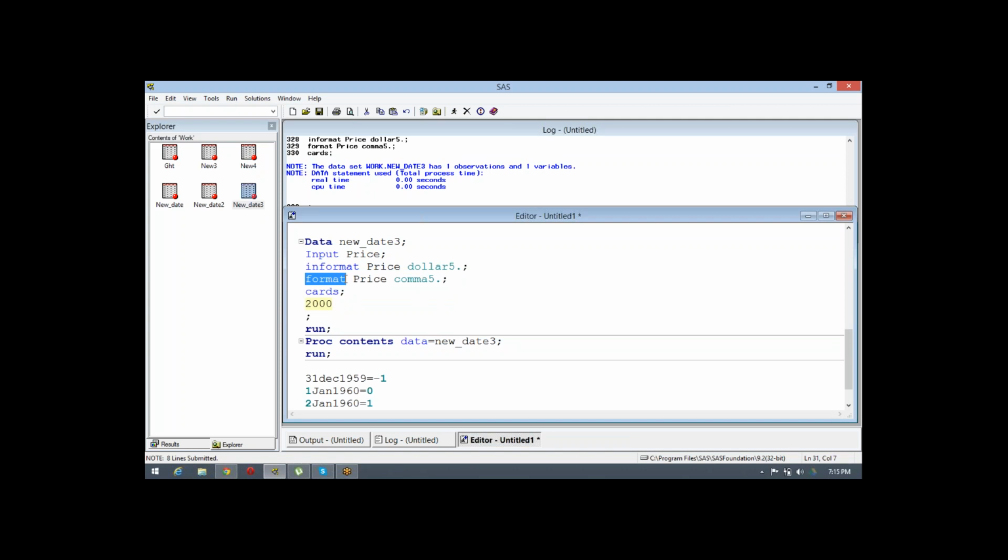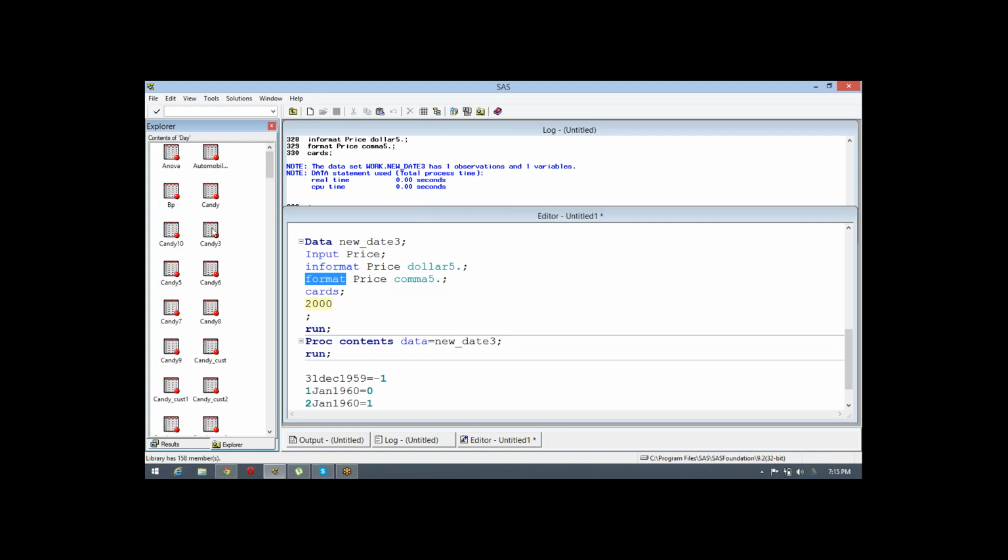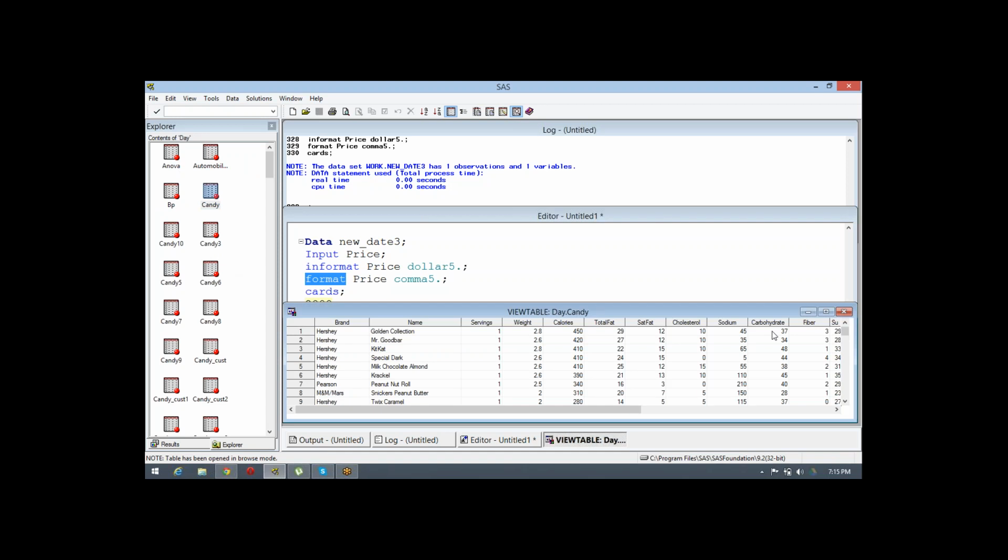Let's suppose you want to make your data into intervals. Say you have a data set called candy, and for this data set you want the calories to be converted into intervals.